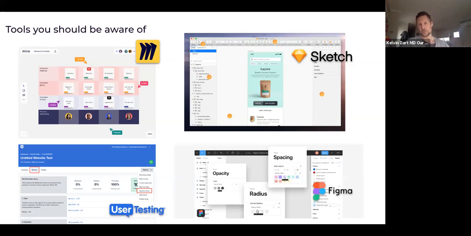Sketch, look, people still use XD. I'm not fussed one way or the other. I don't get paid to promote either one or the other. I just find Sketch a little bit easier. It links in very well with InVision and Craft. And also Figma's become a pretty decent industry standard interactive prototyping tool. So just something to be aware of. Those that are transitioning from InVision, it's pretty easy to switch across to Figma, but it's just something to be aware of.